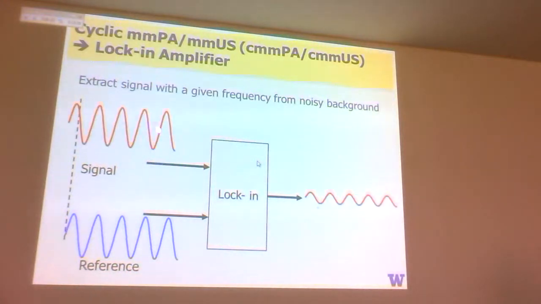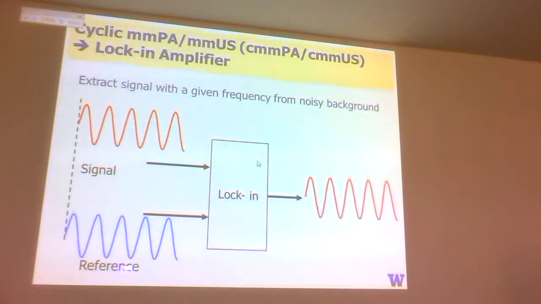If, however, it's moving at the same frequency but not in phase with the drive signal, I'll get some small signal out. But it will only get a large signal out when the frequency and the phase of the response, or of the signal that I get out, in our case the photoacoustic image, is synchronous with the magnetic drive. Okay. So we did this in a little setup, just a tabletop setup,